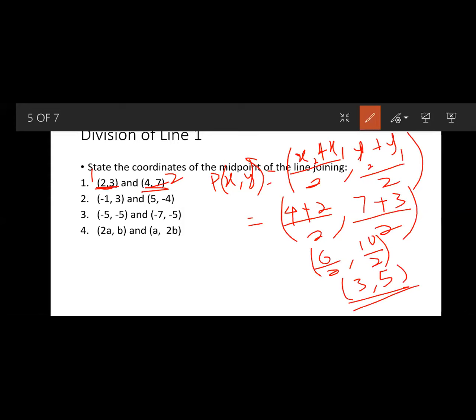So you can do that for the rest too. Just add them point-wise or coordinate-wise, and divide each by 2. So I hope there's no problem. If there's any question, you can let me know on time. So you can complete the rest. The next one